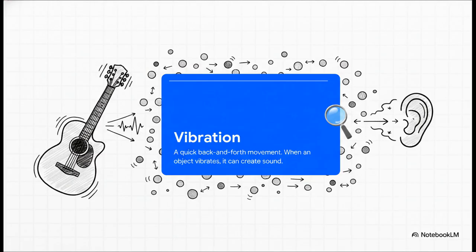Think of plucking a guitar string. When you pull that string and let it go, you can actually see it blurring, right? It shakes back and forth super rapidly. But that string isn't just moving in isolation. As it violently shakes, it acts almost like a tiny paddle, physically pushing and shoving the invisible air molecules right